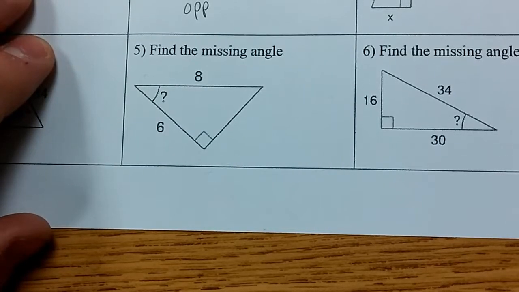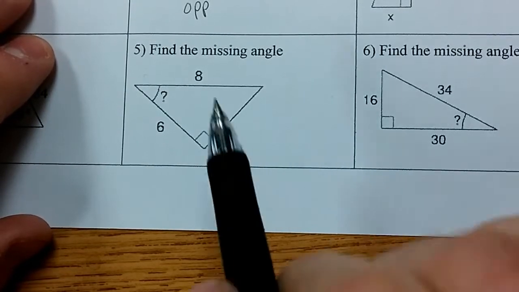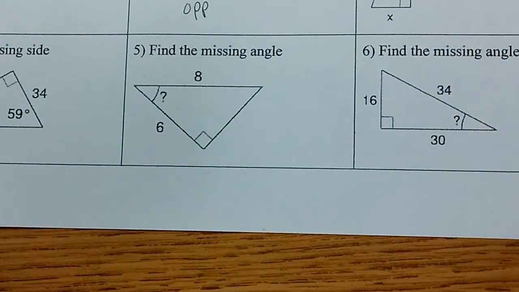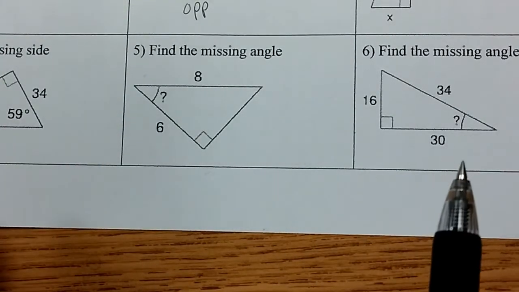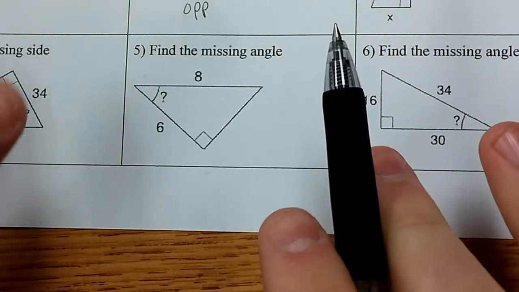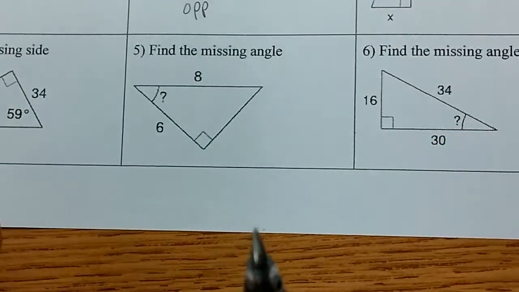In this video, we're going to find out how to calculate the missing angles in each of these right triangles. We're going to use the trig functions and the trig equations we've been talking about for finding ratios and finding sides: sine, cosine, and tangent. First step, as with all three different types of problems, is to